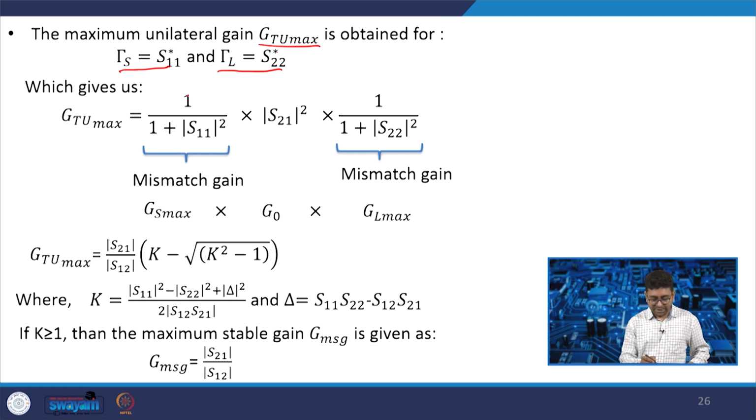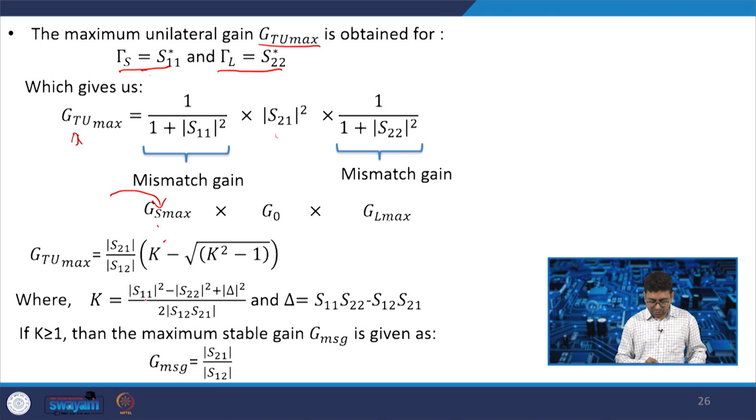So then you can directly write 1 by GTU max is equal to 1 by (1 plus S11 square) into S21 square into 1 by (1 plus S22 square). So this is nothing but the source mismatch gain: the gain at the source side is maximum, GS max, where gamma S is equal to S11 conjugate, and the maximum gain at the load side, where gamma L is equal to S22 conjugate. When you write the same equation for GTU max and consider k,